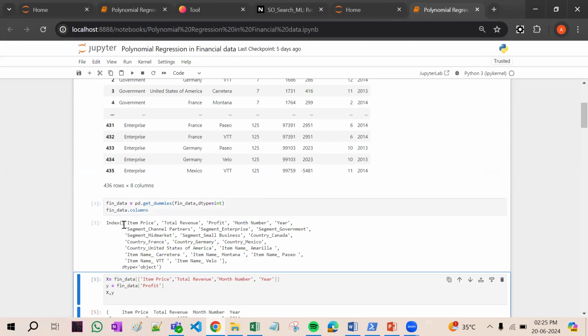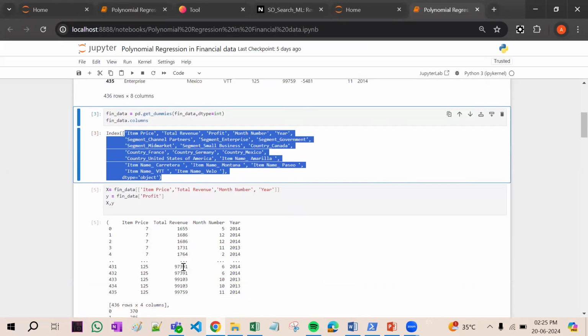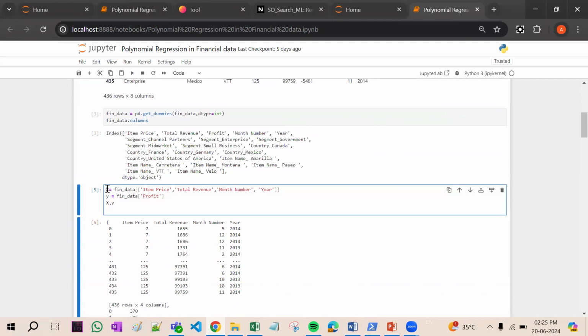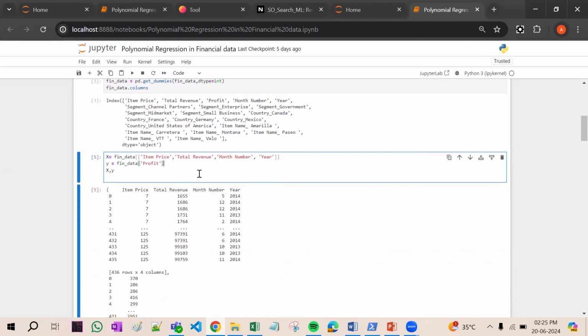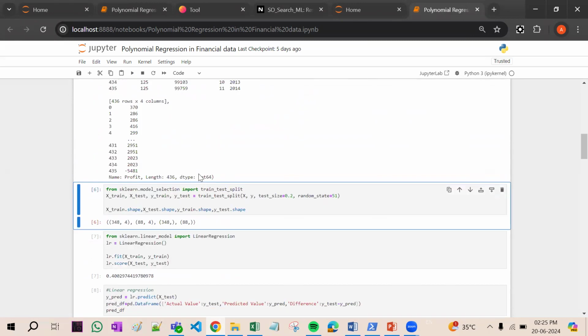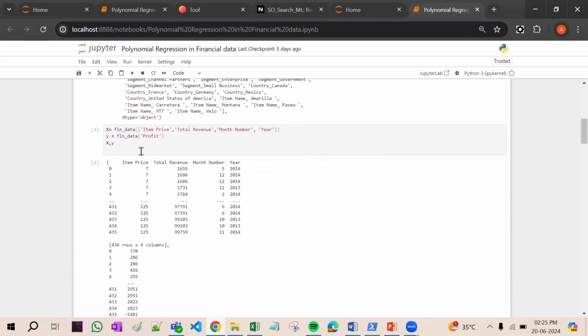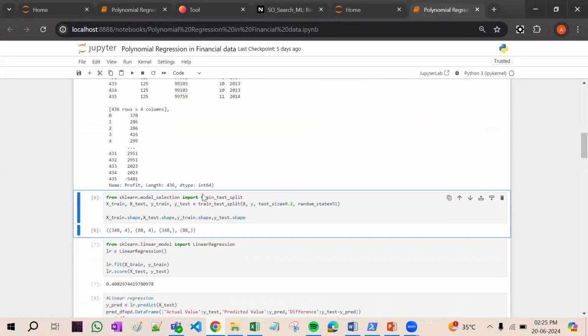Now see here, these dummies are created, right? These are actually one type of columns, right? These are the columns. Now what we have taken, variable x, financial data, these are the columns that we are taking as a series inside this, and y is the variable in which profit is taken. So in this way, two different data sources are created, right? X and y. Now I again press shift enter. You will see, right? After that,